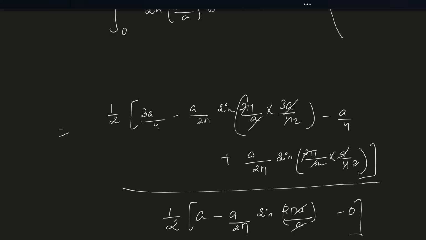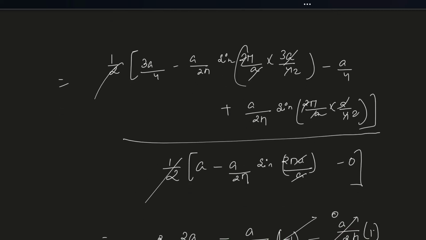So what you get is that half and half cancel out first of all, and then the top one is 3A by 4 minus A by 4, which is 2A by 4, minus A by 2 pi sine 3 pi by 2, which is actually minus 1, that you know already. Then minus A by 2 pi sine pi by 2, which is plus 1. So this is minus minus plus, and this is minus, so this and this cancel out to be 0, and the lower one is A minus sine 2 pi, which is 0. So you are getting 2A by 4A, which is